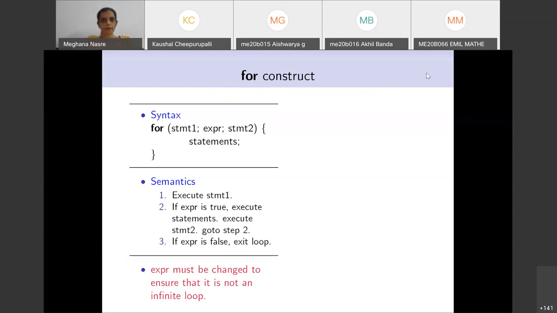Okay. So, what is the semantic of this? That is, what is the meaning of this? We will first execute statement 1, which is STMT1 here. Then evaluate this expression. If this expression evaluates to true, that is, it evaluates to something which is non-zero, then we are going to execute these statements which are inside the loop of this